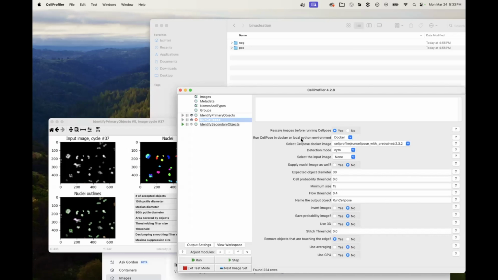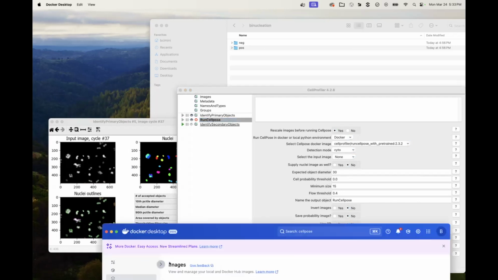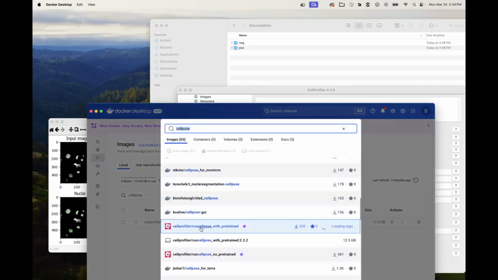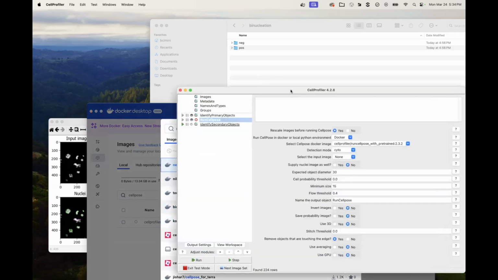Here we're running it in CellProfiler using a tool called Docker, which allows it to run in its own little container, which means I didn't have to do any difficult installation. Instead of having to go to my terminal and try to do things, which many of us do not want to do, I opened up the Docker Desktop program and searched for CellPose, and then I looked for the one that said CellProfiler RunCellpose. That was all I did. And then I added the RunCellpose CellProfiler plugin. You can check out, I believe it's Weisbart et al.